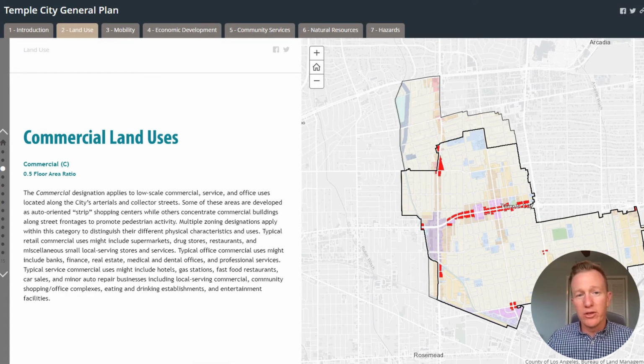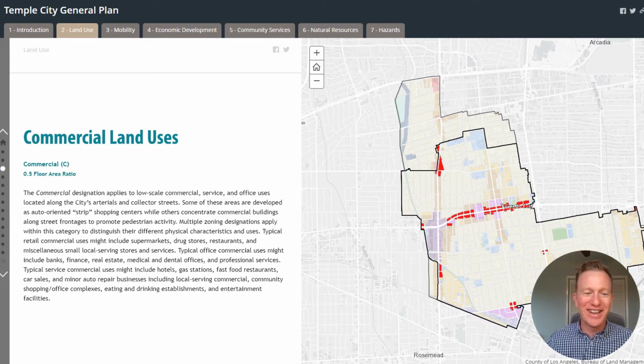So one way that we tried to make the Temple City General Plan much more likely to be used by the public was to use a technology that ESRI uses called a story map. And so instead of really focusing the general plan on a paper document, which we did end up having to create by state law, really what we push is the story map that's online. And so the general plan is made up of 8 tabs, ranging from the introduction, which includes the community profile and the vision statement, and then